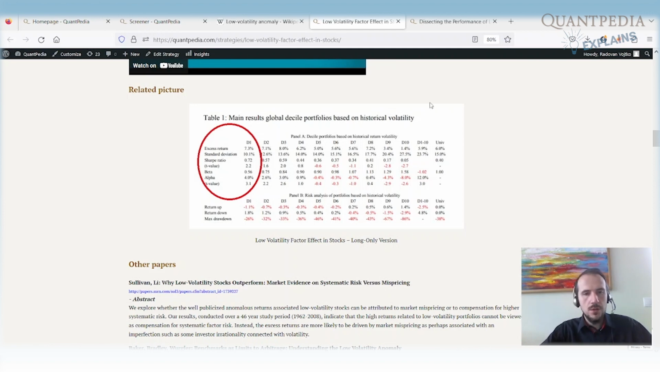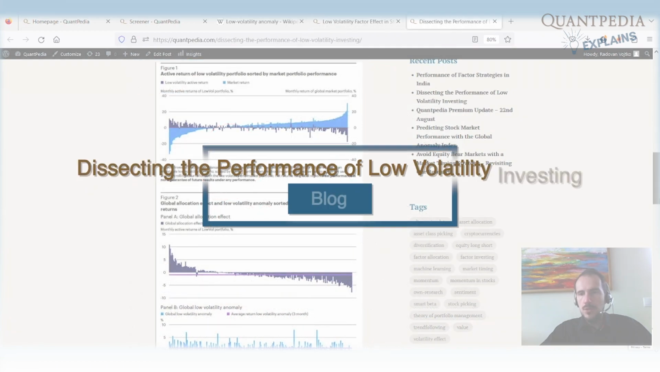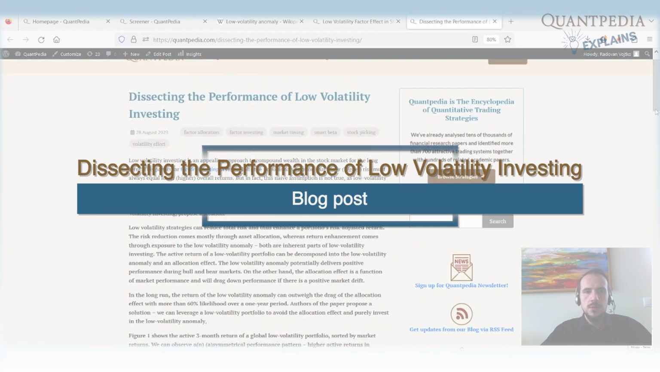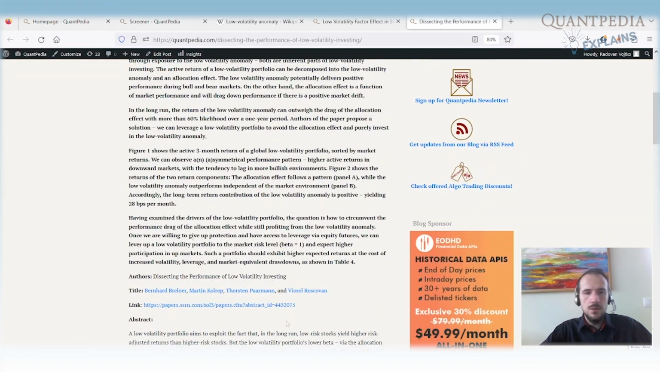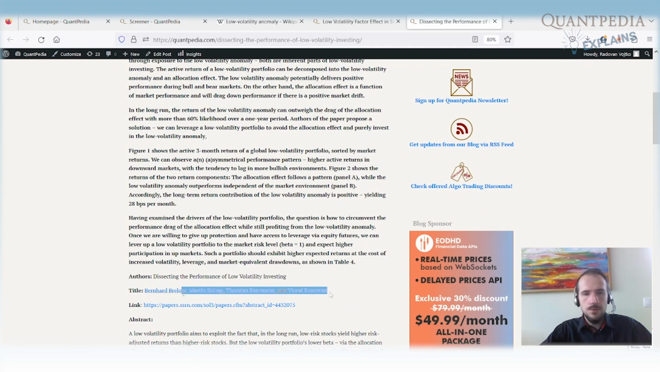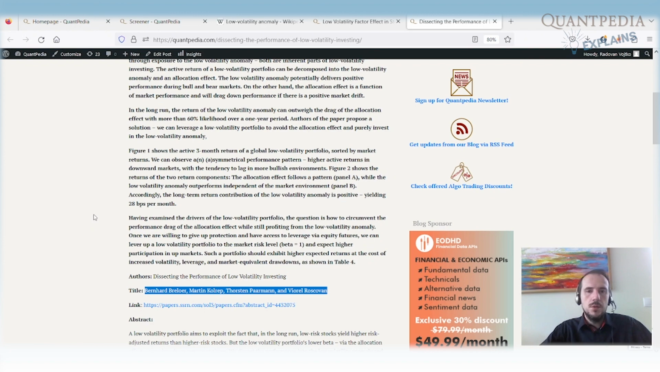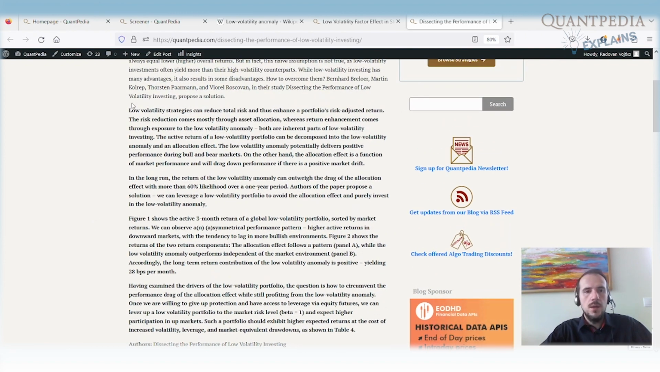But there is another article that I would like to mention. It was just published on our blog. It's called Dissecting the Performance of Volatility Investing. It's based on a paper written by 3 researchers from the Invesco investment company. What it says is that on the one hand, low volatility strategies can reduce total risk and can enhance the portfolio's risk-adjusted returns, but it doesn't mean that you will be able to beat the benchmark